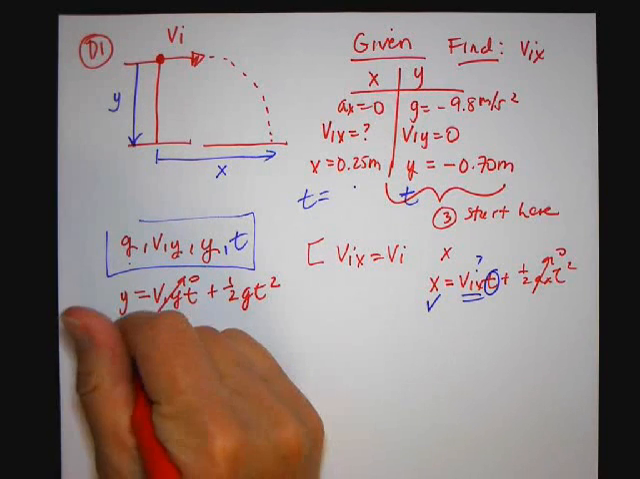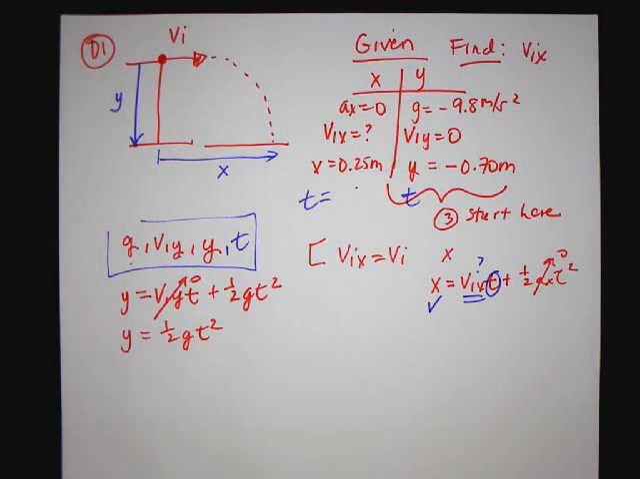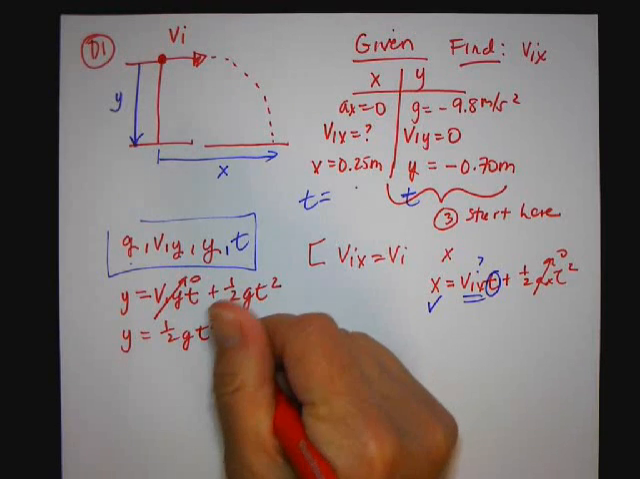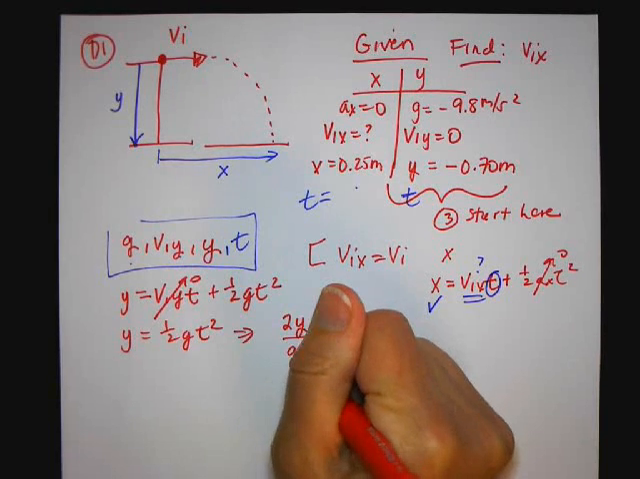I'm going to rearrange the equation to solve for the unknown in terms of the known before I substitute and solve. So I'm going to multiply both sides by 2. I'm going to divide both sides by g, and then I'll take the square root of both sides, and that's equal to t. So now I'll substitute in my